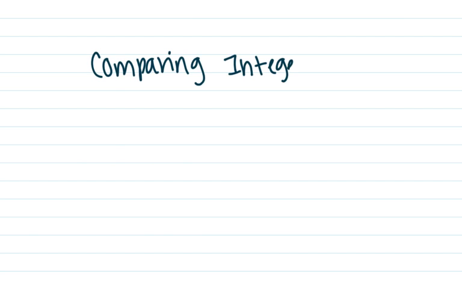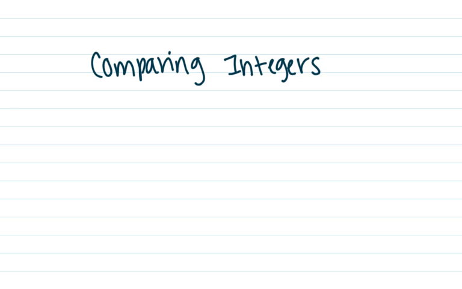Integers are positive and negative whole numbers, and we can compare them. Just like how I can compare two positive amounts, I can also compare two negative amounts, or even a positive and negative amount. I can compare them to each other. We can also compare everything to zero as well, and that's what we're going to be talking about in